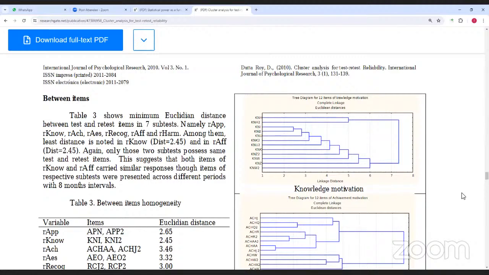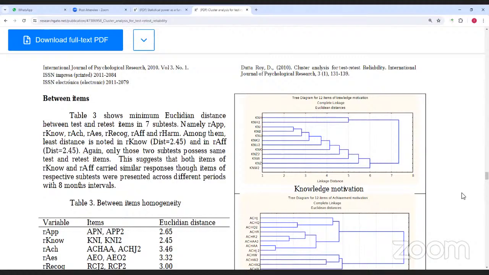For example, here you will find Kn1 is close to Kn2. Similarly, K2 is close to KNU2. That means the test item and the retest item are very close